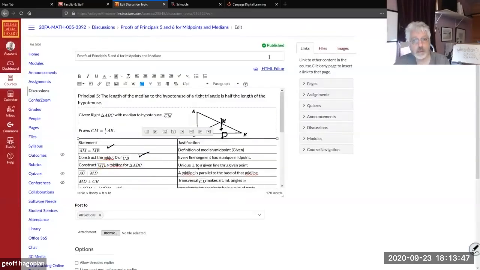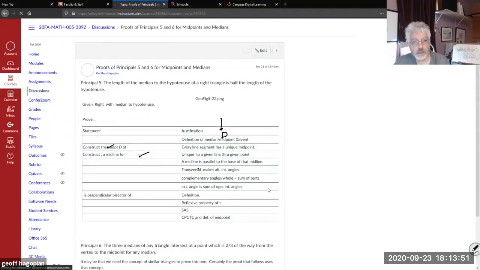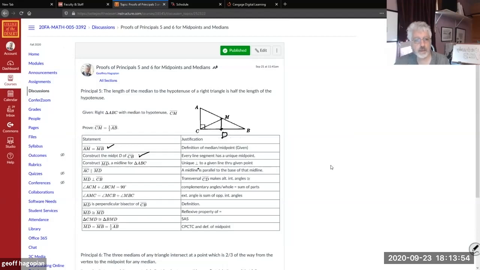Okay, and then I'm gonna save this and scroll back there. Okay, so it's back to the way it should be, right? And now I've got construct MD, right? So I construct the midpoint, then I draw MD, which is gonna be a midline, meaning it's connecting the midpoint M of AB with the midpoint D of CB. And what do we know about a midline? Well, it's parallel to the,